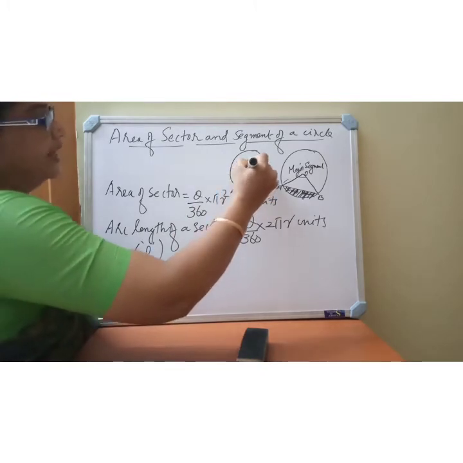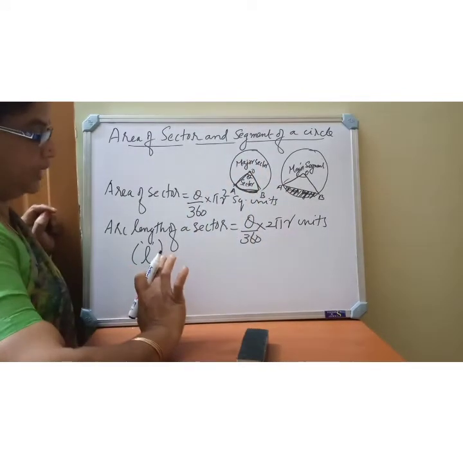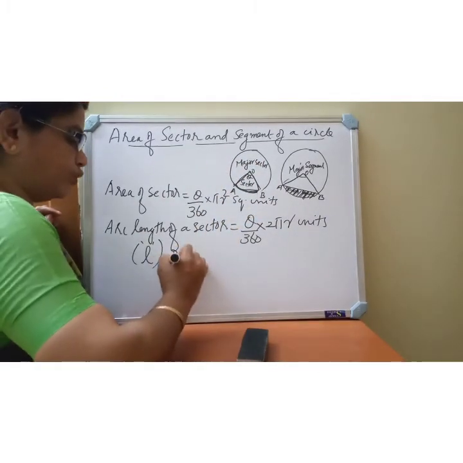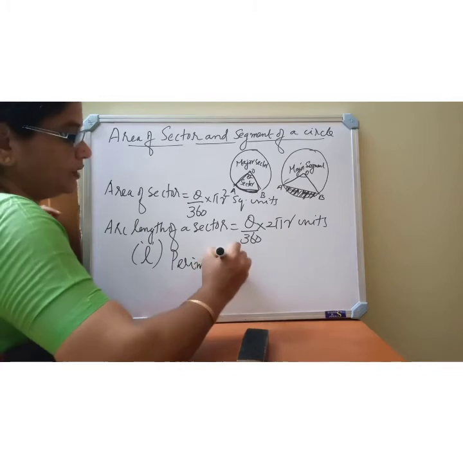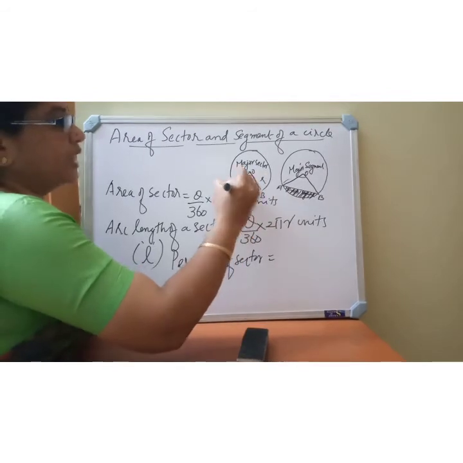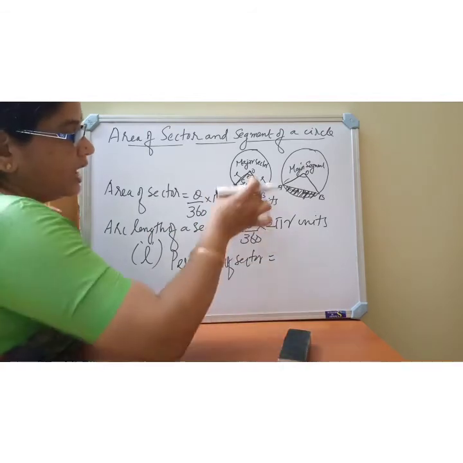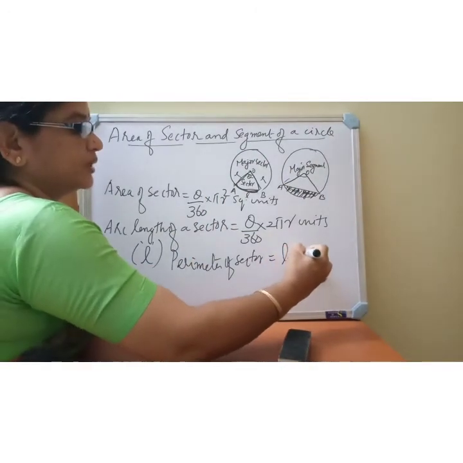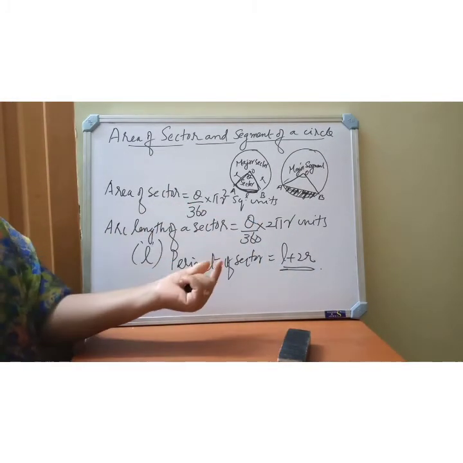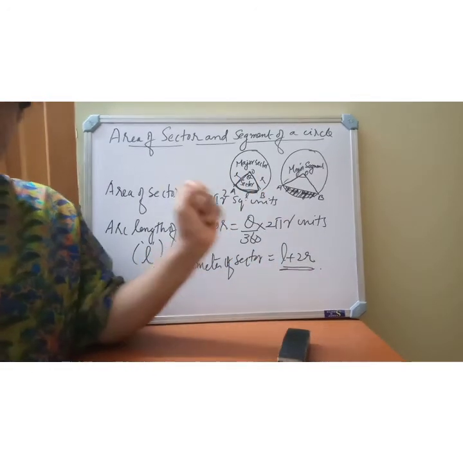Okay, so you see the diagram, OAB is the sector part. I am asking how to find the perimeter of this sector. So what is the formula for perimeter of sector? This is arc length L, I told you. These two are the radius. Okay. So radius is same in a circle. Isn't it? This is a constant value. So arc length L plus what will come? 2R. That will be the perimeter of a sector. So perimeter of a sector is equal to arc length plus 2 times the radius of the sector.